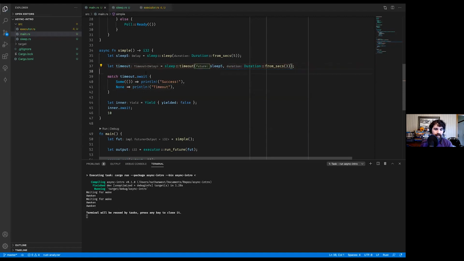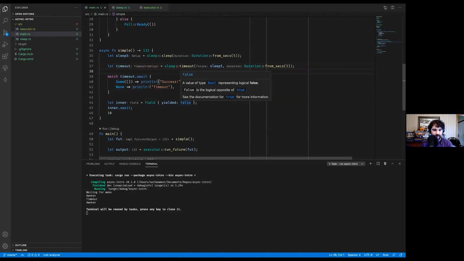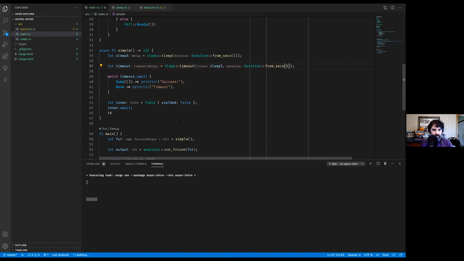Great. So obviously this is going to time out, right? Because we gave it too short a time. So we will see that it runs, it waits, and it times out. Bummer. Of course, we can reverse it, right? We can sleep for 3 seconds, timeout after 5, run it once more. This time it's going to print success after 3 seconds. There we go.